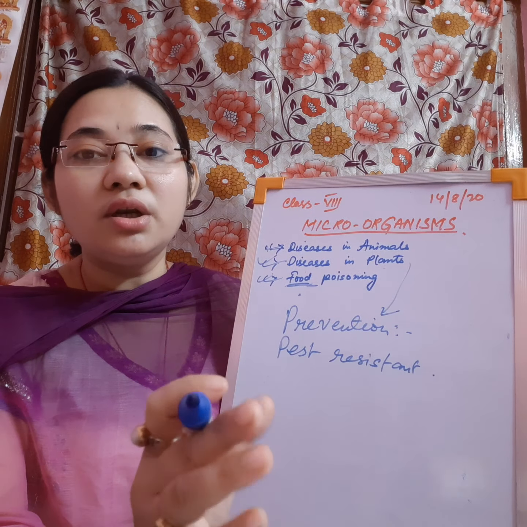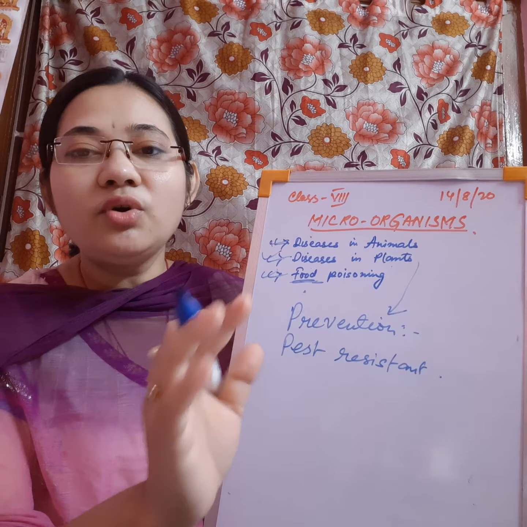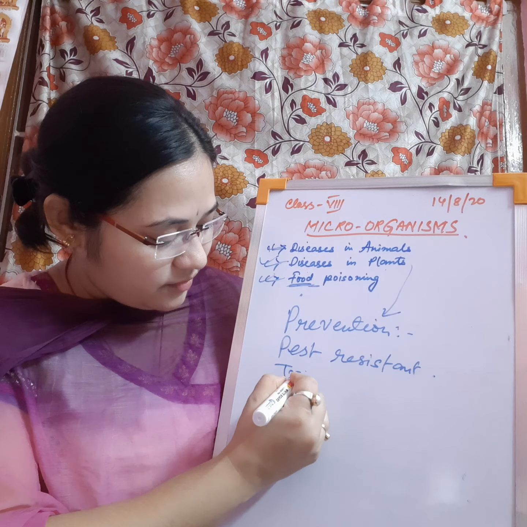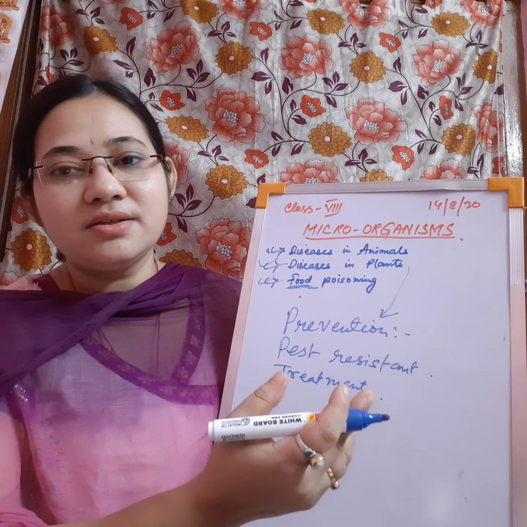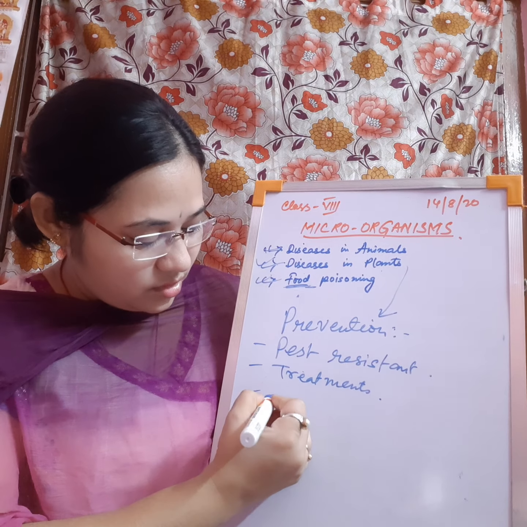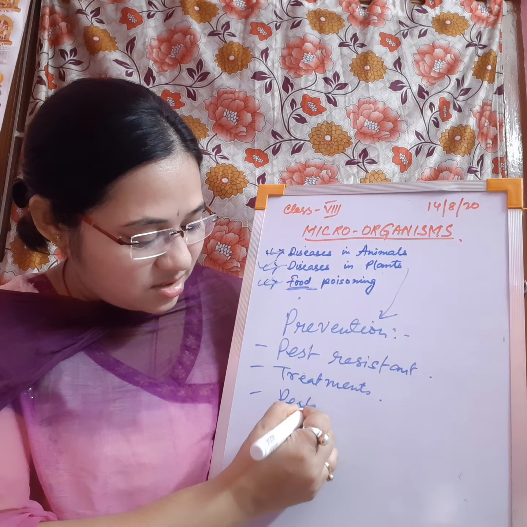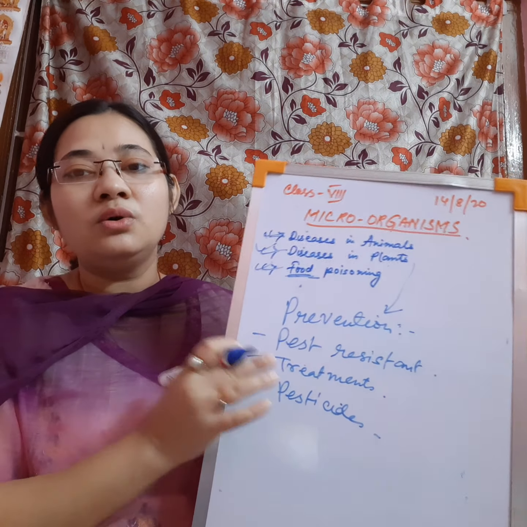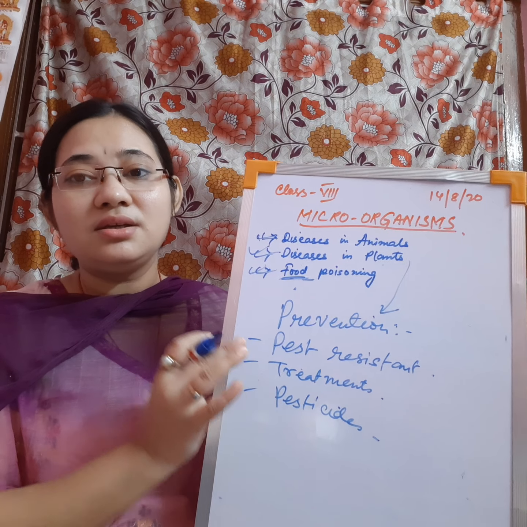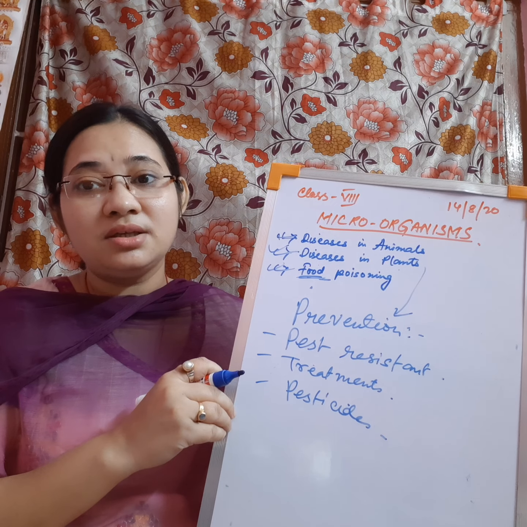That means some good quality of seeds. Then we have to treat the seeds. So treatment of seeds is also important. All the seeds should be treated with pesticides. Also we will have to use pesticides in the fields. Sometimes you have seen locusts, they come and they destroy the whole field. Okay, they kill all the plants, they absorb the nutrients which are present in the plants.